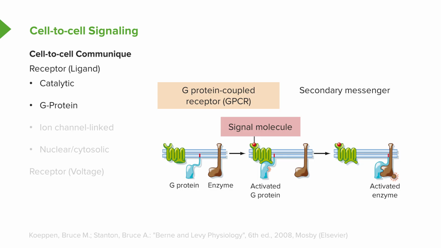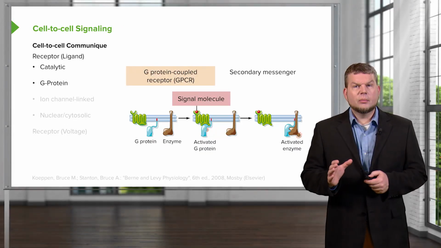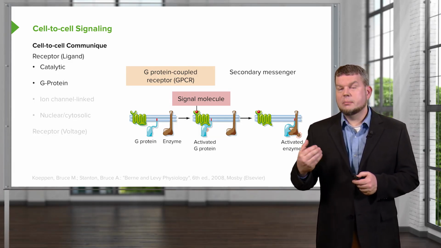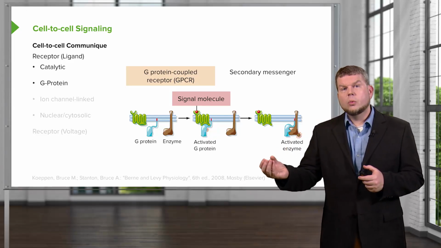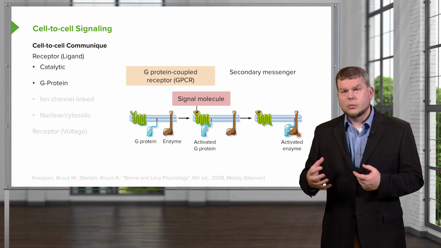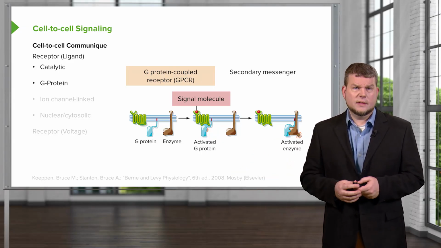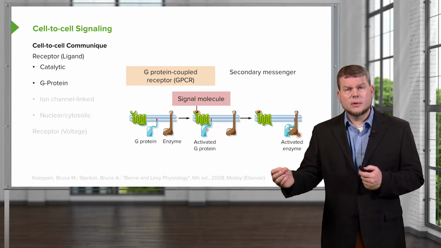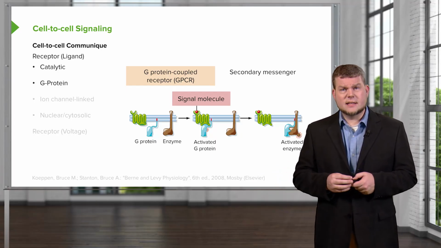Another type of receptor is a G protein coupled receptor. There are numerous types of G protein coupled receptors, and these are ways to sense a signal and then to cause an enzymatic reaction and cascade process to happen. There are a number of different types of these, and usually not only is which ligand binds to it important, but also which of these G proteins are activated will depend upon what kind of response you'll get within the cell. This utilizes a secondary messenger system, usually to start the cascade process.